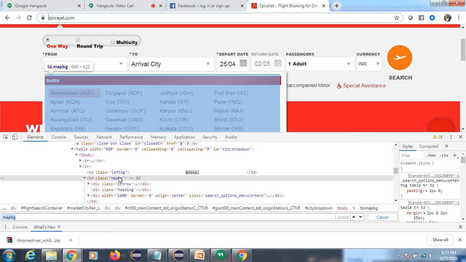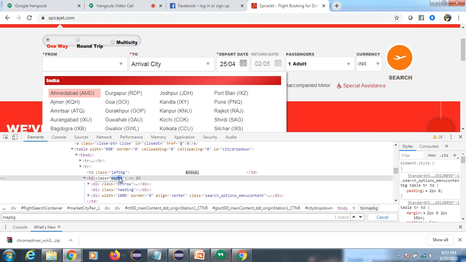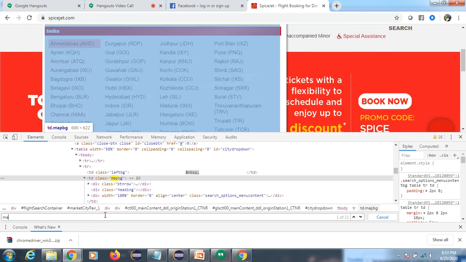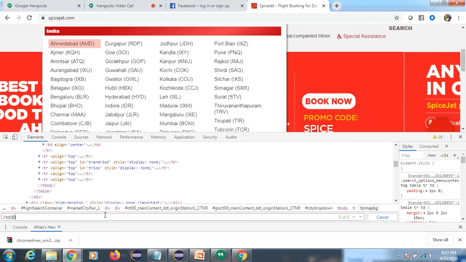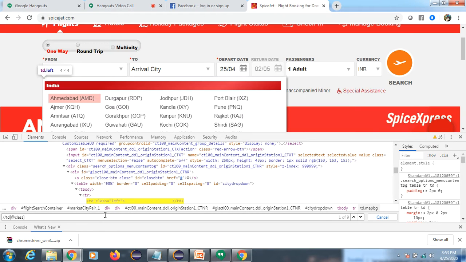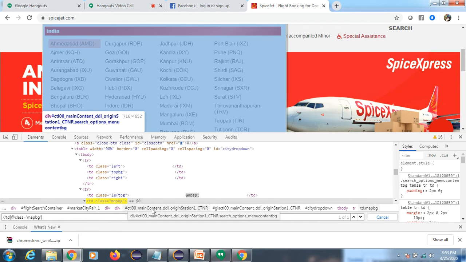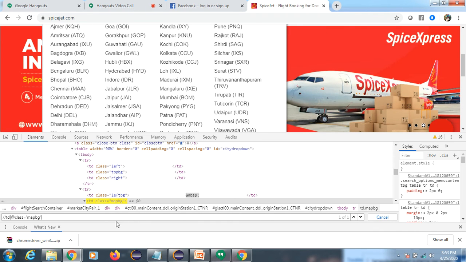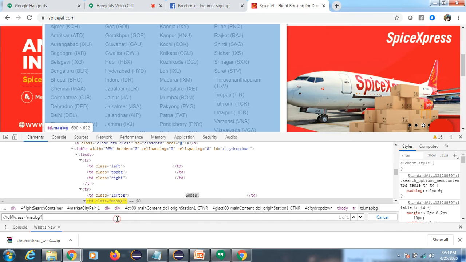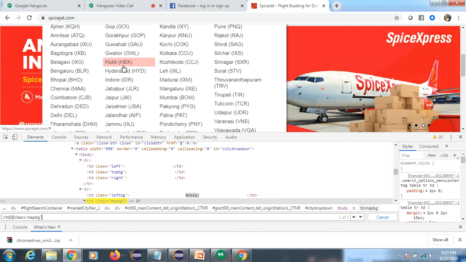So first we'll copy this, the td class. Okay, so this is your class, and here this is a single node we can see, and it is highlighted, but we need to find all these elements, right?